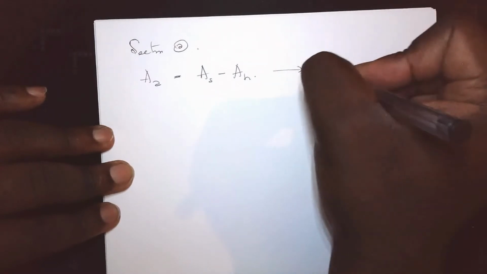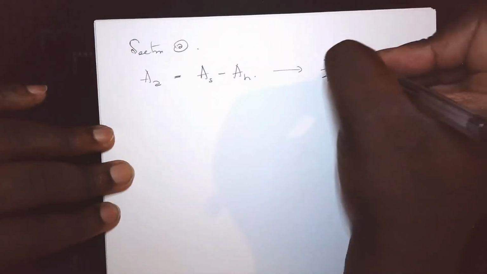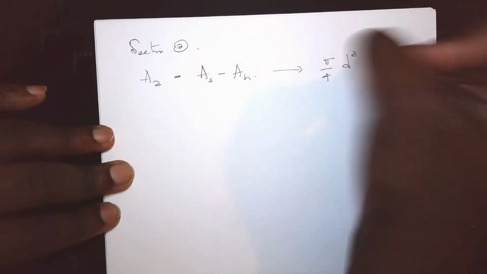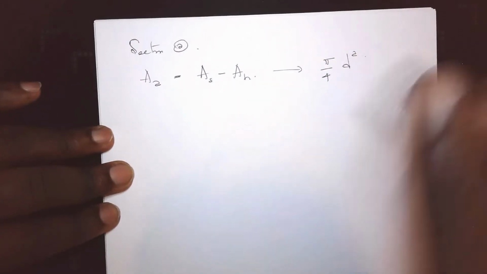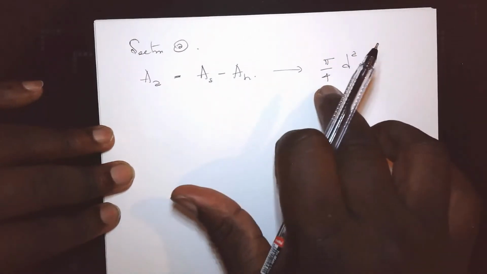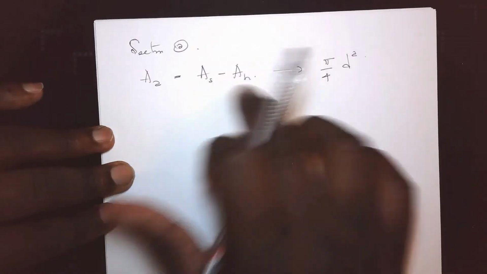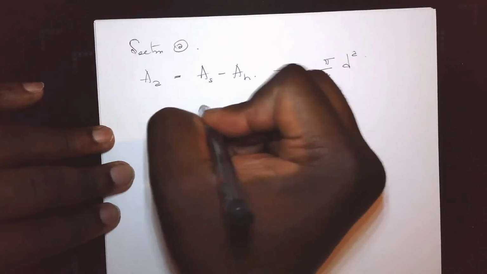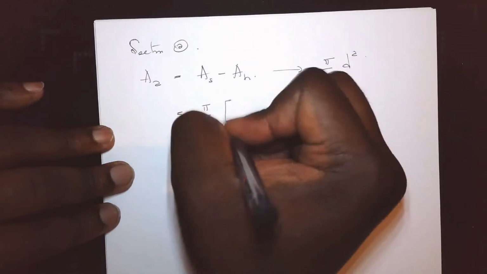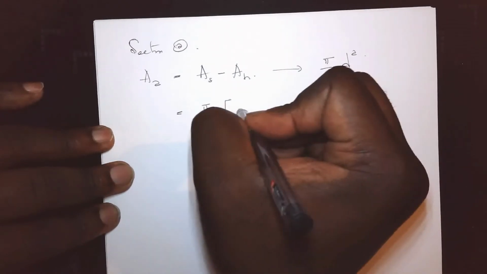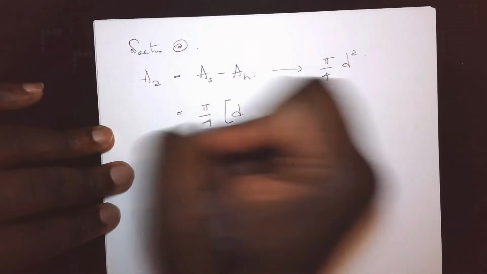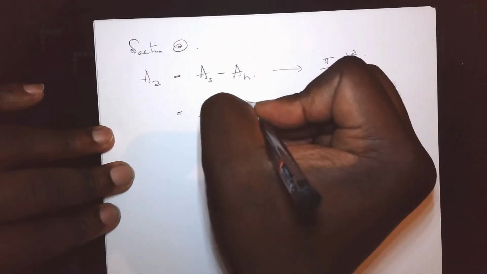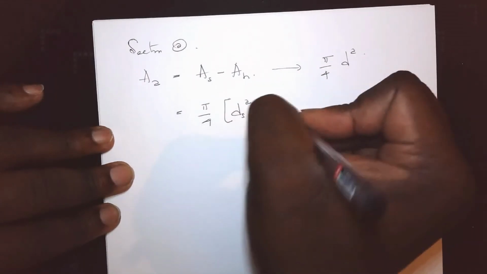And since that is circular, we are going to be using pi over 4 d squared. Since pi over 4 will be common to both terms, we can rewrite that as pi over 4 times the difference between the diameter of the solid section squared minus the diameter of the hollow section